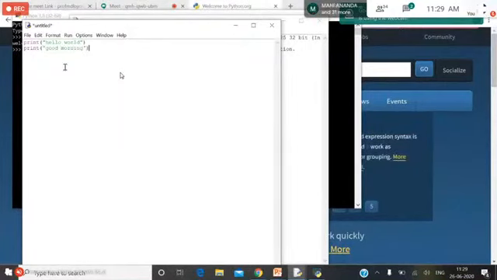Now you have to save that particular file. This is the only thing you have to remember.